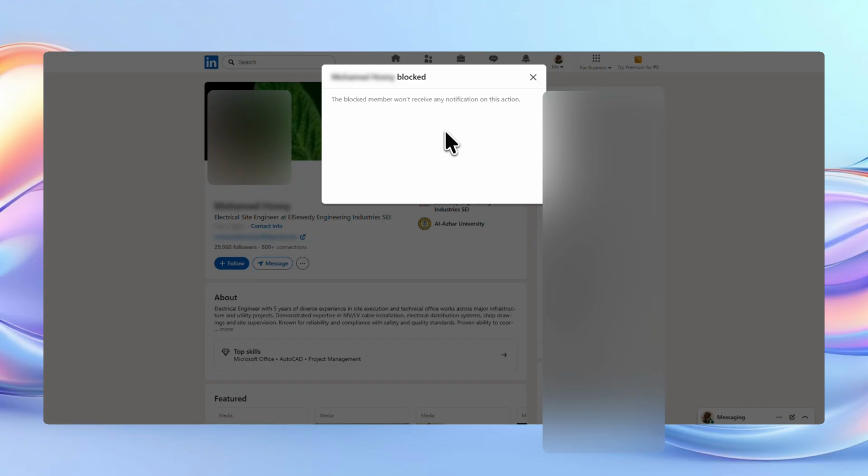As a quick tip, blocking is meant to be a private action, so LinkedIn does not typically notify the person that you blocked them. Also, if you ever need to change your mind later, you can review your blocked list in your account settings. For now though, that's all you need to do to block someone